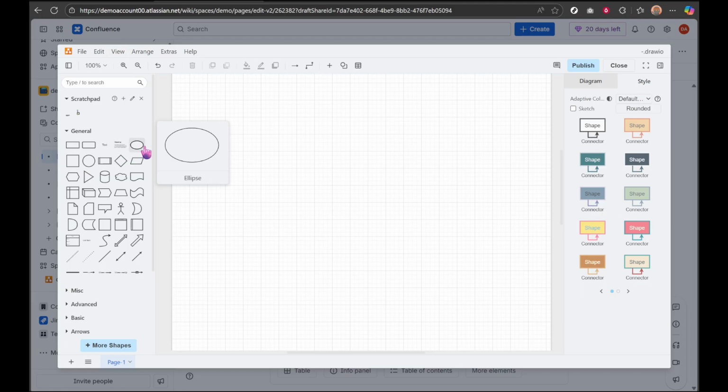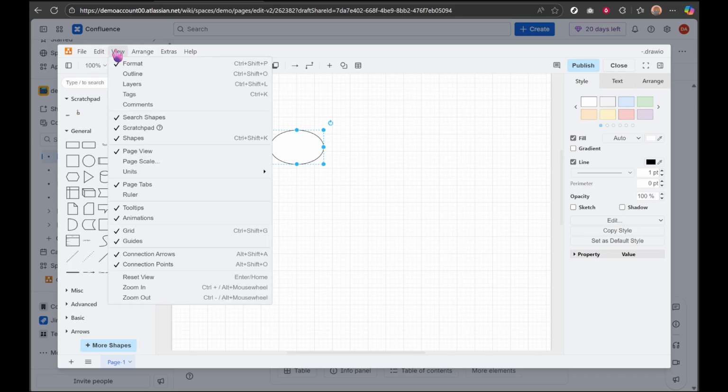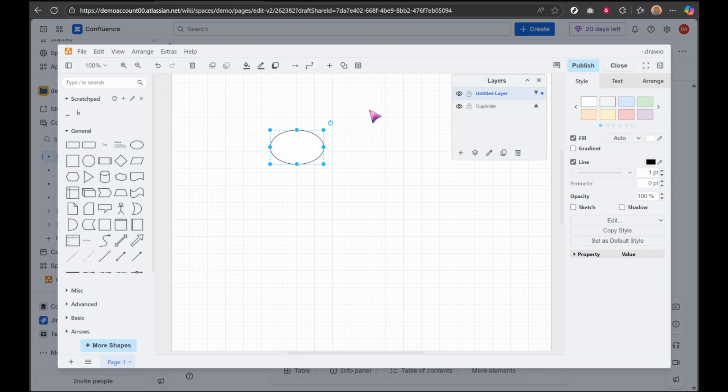Open the Layers panel by going to the View menu and selecting Layers. If you like shortcuts, press Ctrl plus Shift tilde on Windows or CMD plus Shift tilde on a Mac. The Layers panel will appear, usually docked to the side of your canvas, showing any existing layers and controls for